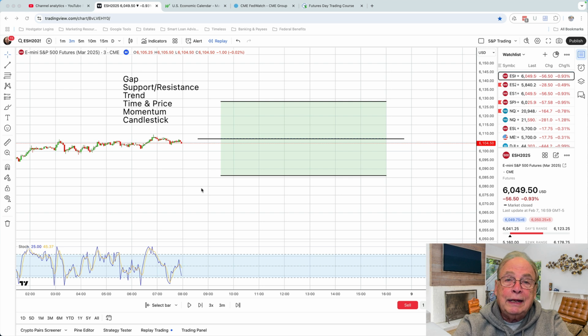Time and price trade is where the market moves in a certain direction for a certain amount of time, and then stabilizes for a while, and then moves in the same direction for the same amount of time. So the setup is the first leg where it moves quickly in one direction for a certain amount of time, stabilizes, that's the setup. And the trade is the second leg, where the market moves in the same direction for the same amount of time. And I'm going to take you through the day on Friday, February 7th, and show you exactly what I mean, okay? Now, the market opened up